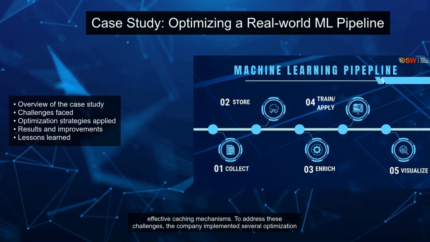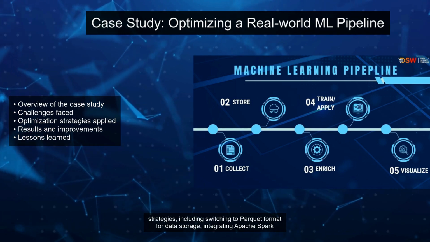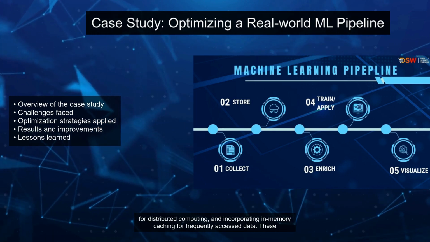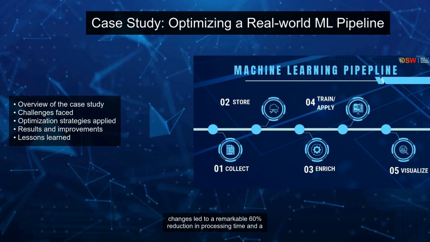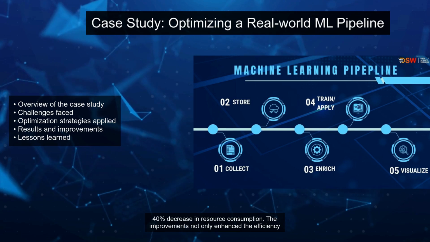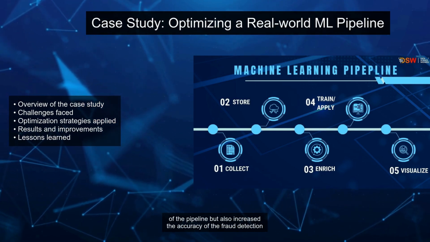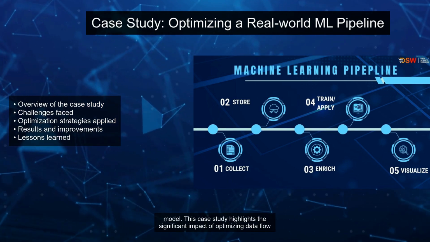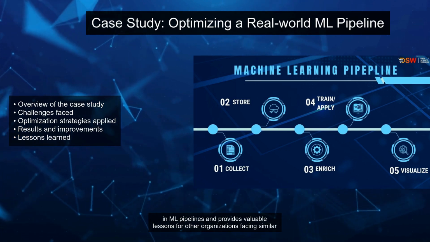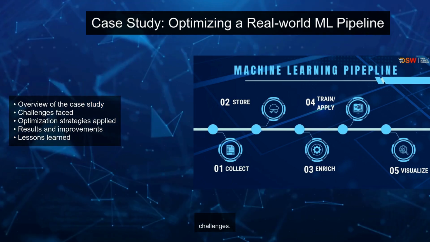To address these challenges, the company implemented several optimization strategies, including switching to Parquet format for data storage, integrating Apache Spark for distributed computing, and incorporating in-memory caching for frequently accessed data. These changes led to a remarkable 60% reduction in processing time and a 40% decrease in resource consumption. The improvements not only enhanced the efficiency of the pipeline but also increased the accuracy of the fraud detection model. This case study highlights the significant impact of optimizing data flow in ML pipelines and provides valuable lessons for other